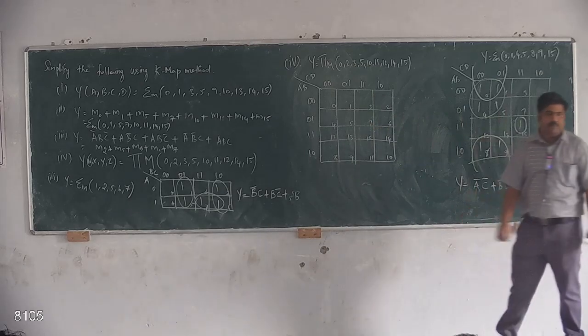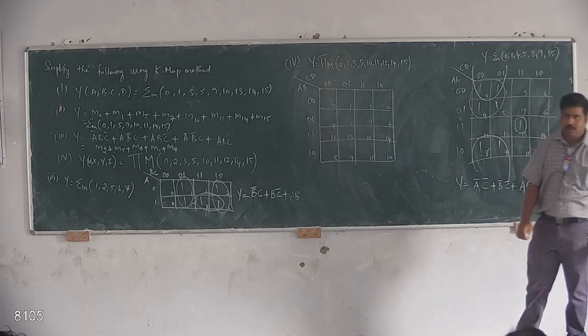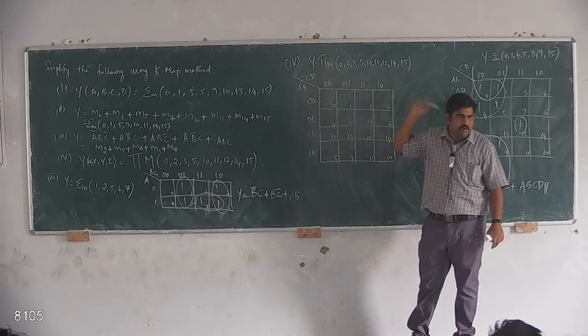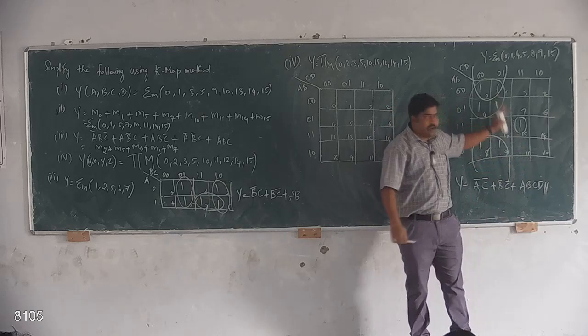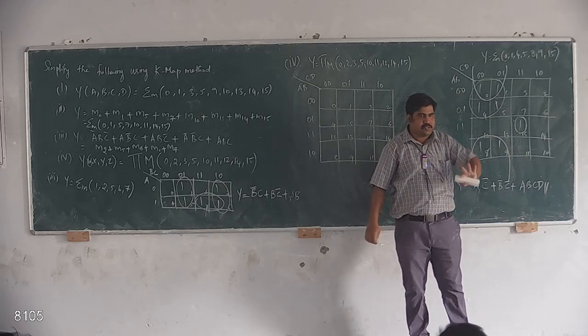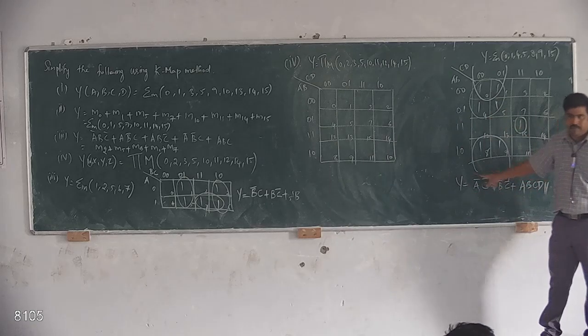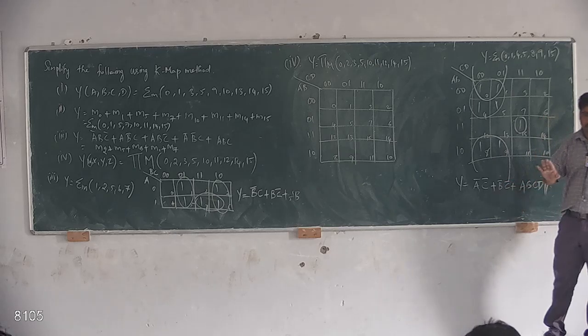So listen carefully. This fourth problem can be done in two methods. One thing is, you can directly place the value of 0 inside the box for whatever you have done. Okay, that is one method. Another method is, whatever we have done in the earlier procedure, do as it is. The only thing is, in the last step, we need to take the complement of the answer. Okay, that is another method. Whatever useful procedure we have done earlier, it is the best way, and at last we can take the complement. Then we won't make any mistake. Otherwise, we will get confused.